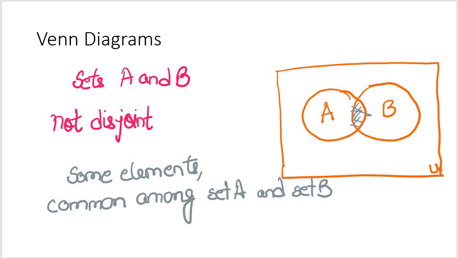But before that, let me give you another idea. Looking at this particular thing, you might have got the idea that we are depicting the common elements among A and B, so obviously this is A intersection B, right? Formally we are going to cover it in the next few slides, but I am just giving you an example so that you can connect this video with the previous video where we were talking about set operations.